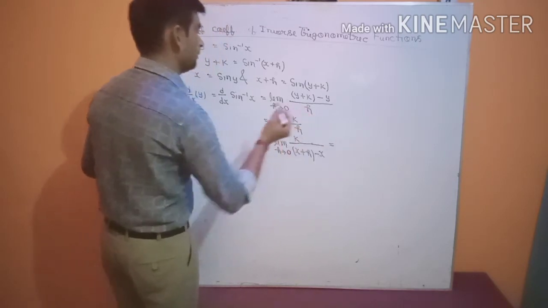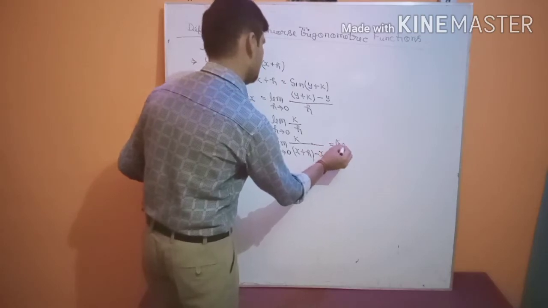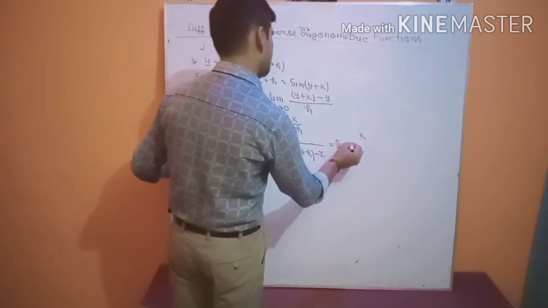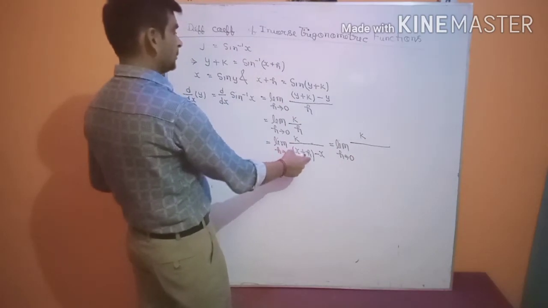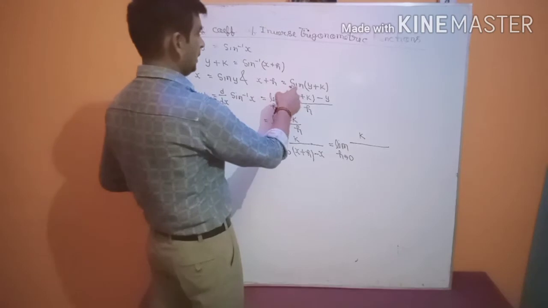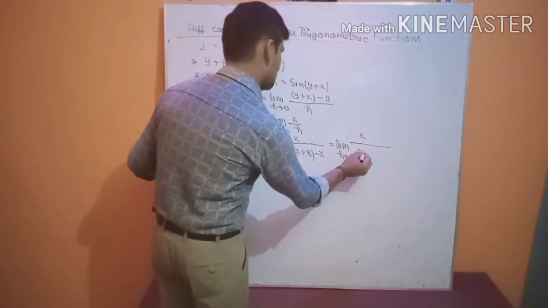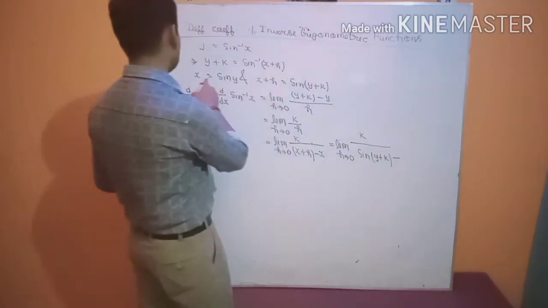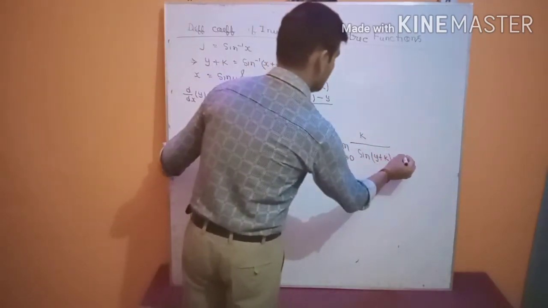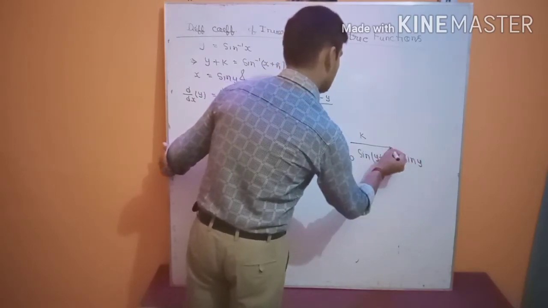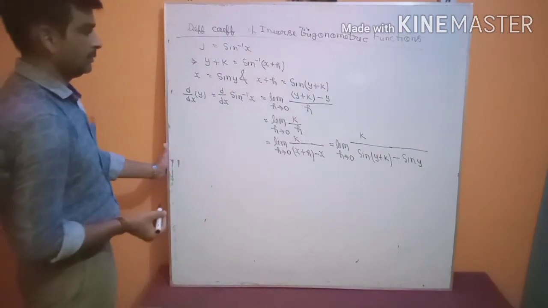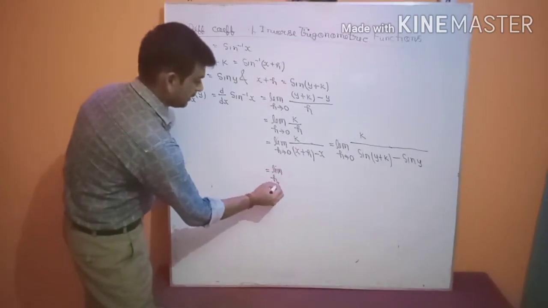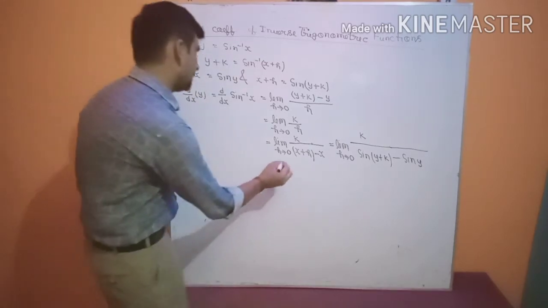We may write x plus h minus x is equal to limit h tends to 0 of k divided by the value of x plus h, which is sin of y plus k, minus the value of x, which is sin y, is equal to limit h tends to 0 of k divided by,